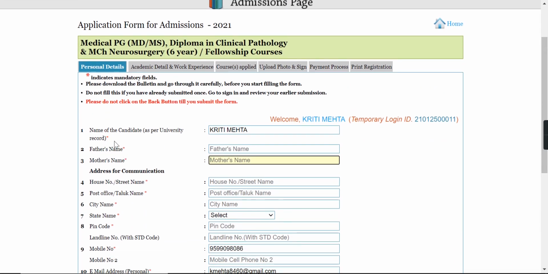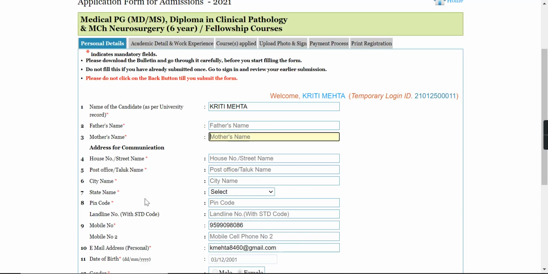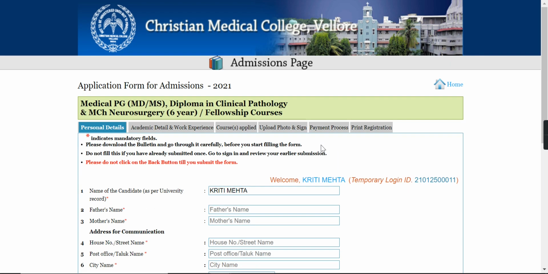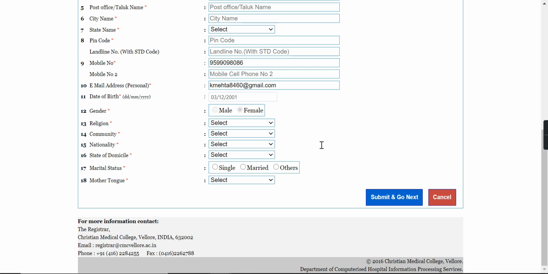Here also you can see all the mandatory details which you have to fill. After that you'll go for submit and next. After you submit and go next, you have to upload your photograph, along with the photograph of your signature. After that you have to deal with the payment you are going to do.